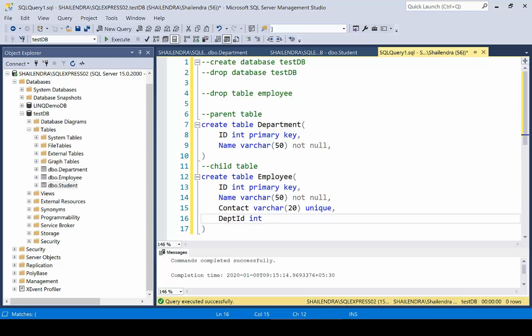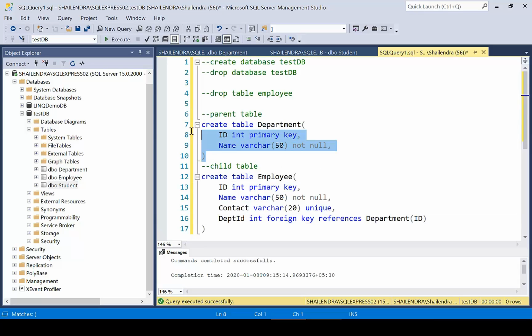Now I can define the foreign key for the department ID. There is an option here, FOREIGN KEY, and use the option REFERENCES. In the references, just pass the table name. The table name is department, and which column of the department table are you willing to map as a foreign key? I'm mentioning ID here, only ID. So this way we define the foreign key. So this is the way for primary key, not null, unique key, and the foreign key.